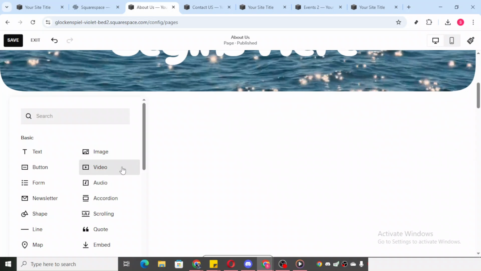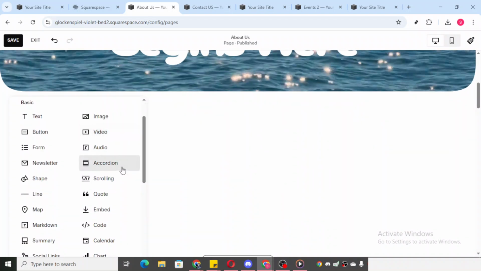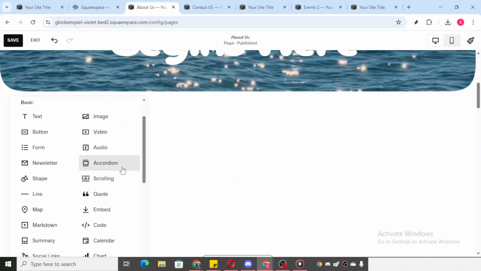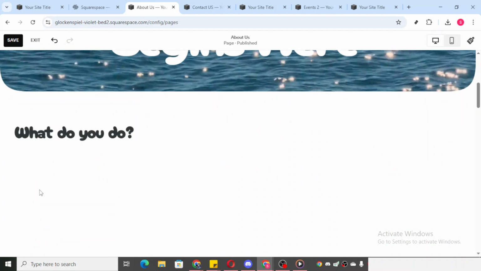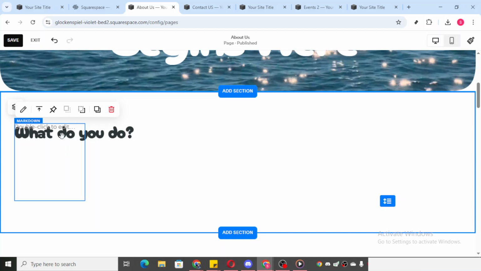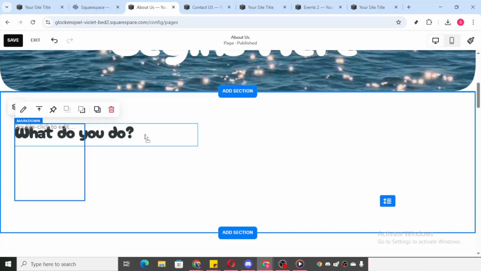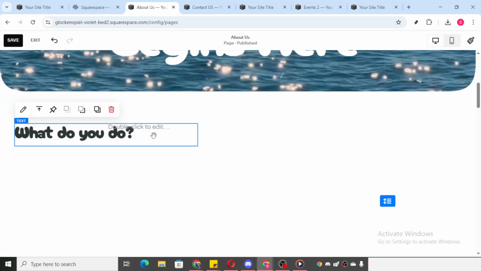From this list, locate and click on Markdown. This action will insert a Markdown block onto your page. You can double-click this block to open up a text editor. In this space, you have the freedom to enter your text, and Markdown gives you the flexibility to format your